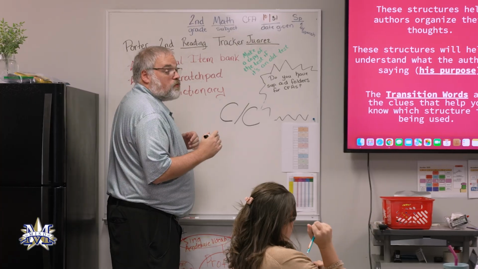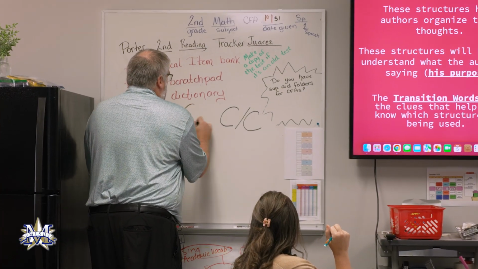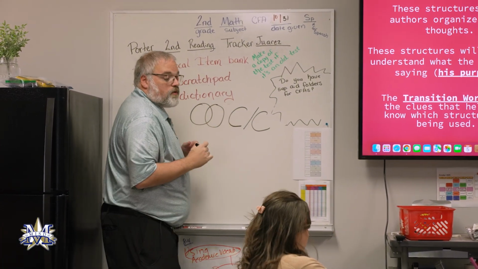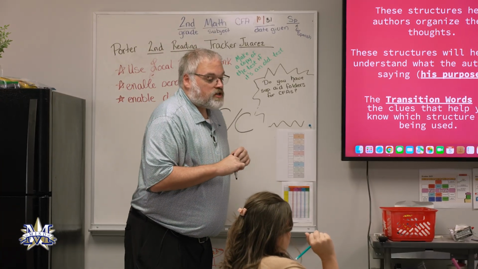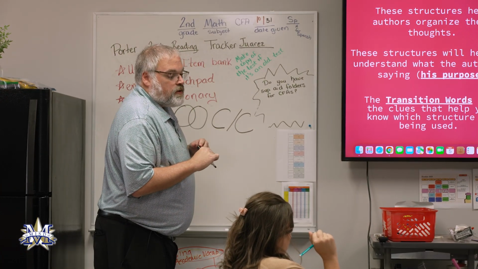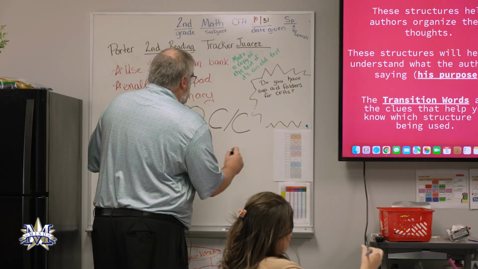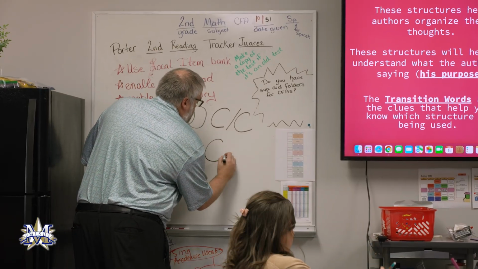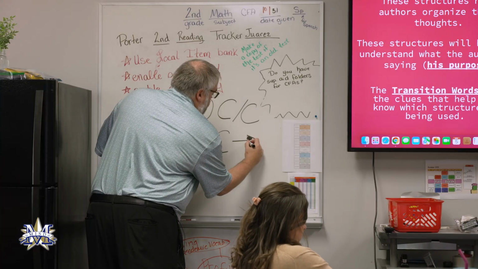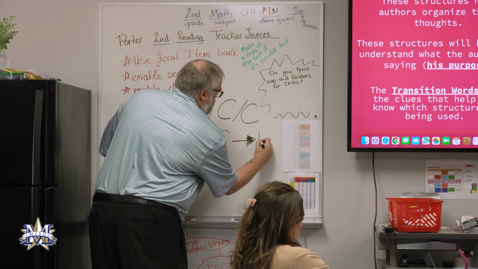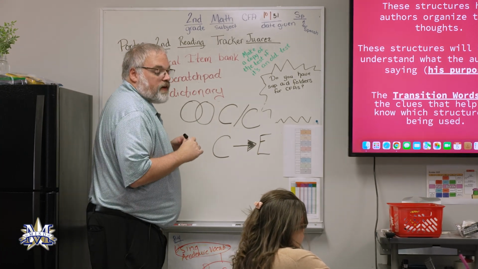Compare and contrast. If you're more of a visual person, you want some pictures, draw yourself a little Venn diagram to remind yourself of the compare and contrast Venn diagram there. Whichever one makes you happy. Okay. Cause and effect. Another C. This time we have ourselves an arrow. Cause for C. Leads to an E for effect.